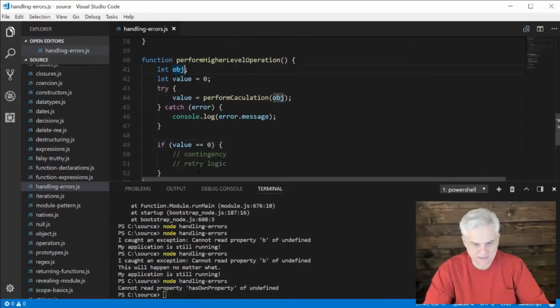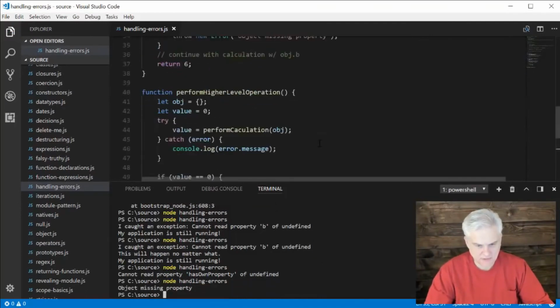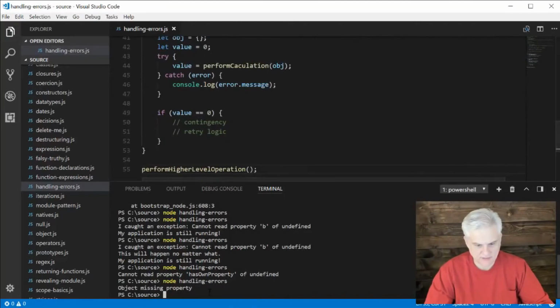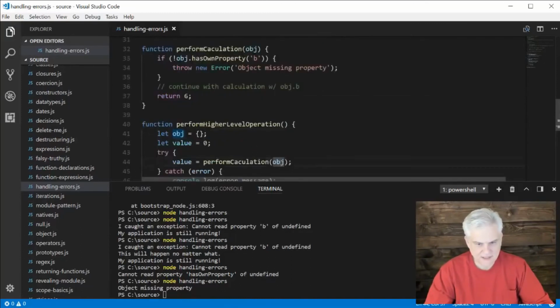I think in this case, I'm going to need to do this. Let's see if that works. All right, try that again. All right, that worked perfectly. Okay. So in this case, I created an object, passed it in, and it doesn't have the property B, so we throw an